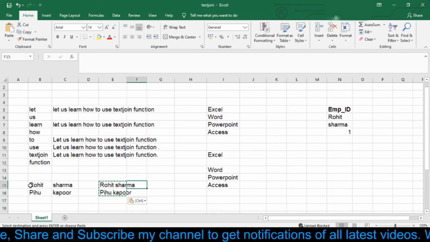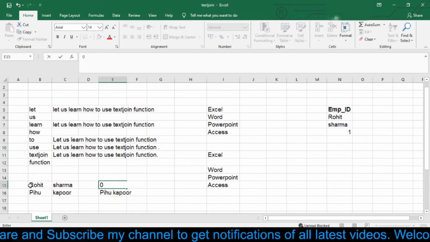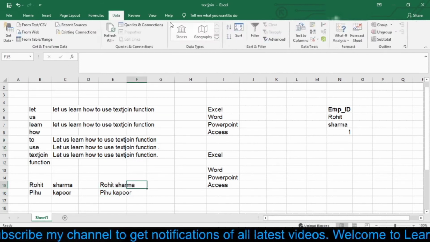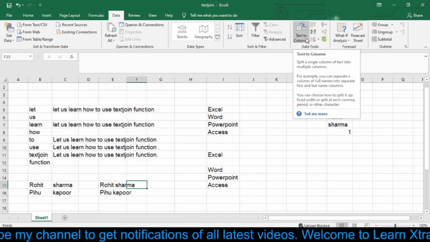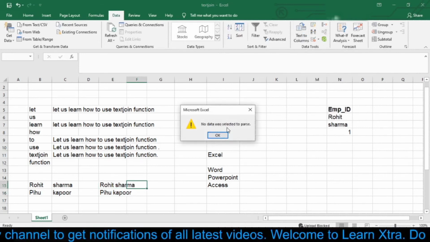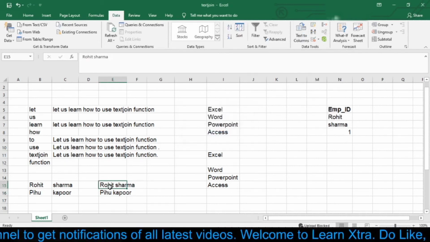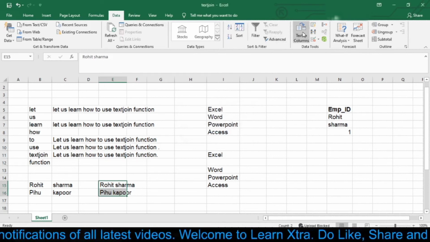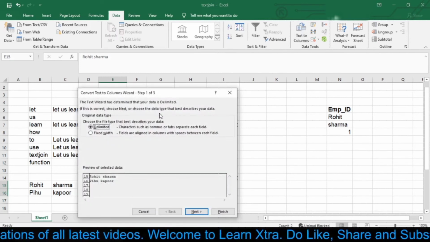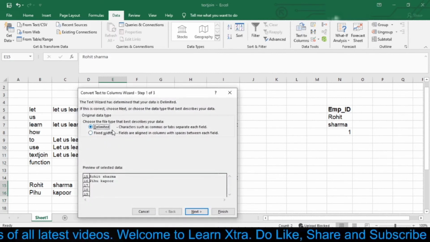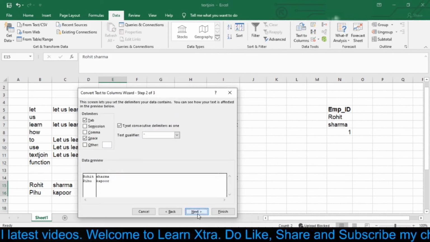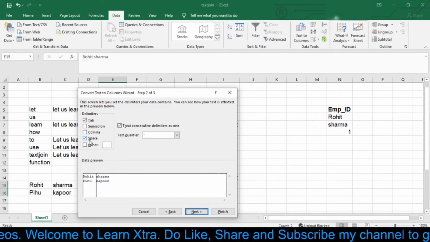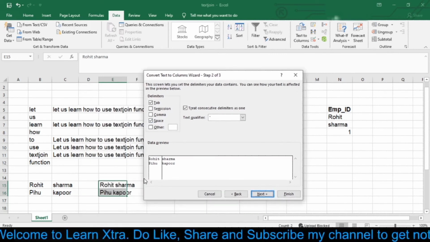Now select your cell and then go to Data, and from here select Text to Columns. Don't forget to select your text first. Then select Delimited and then Next, and from here simply give a tick to Space because I have a space between my text, that is between Rohit and Sharma.